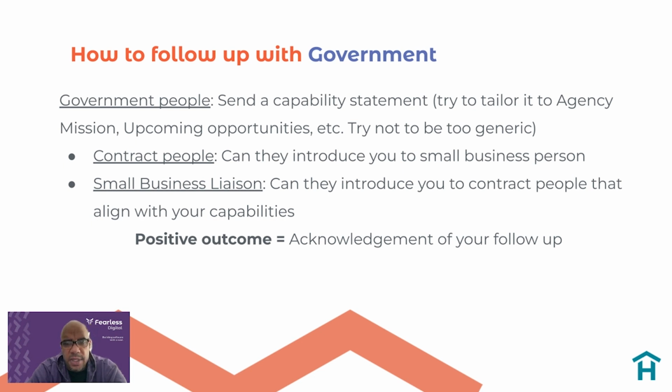And then on the small business person, it's kind of introduce you to contract people, so it's capability. So it's kind of like a yin and yang between contract and small business. And then ultimately, if you can present yourself appropriately to both of those people, they're going to turn you into the program office and say, hey, maybe you can send something, or give me something that I can send to the program office. So you'll send a capability statement or white papers or unsolicited proposals